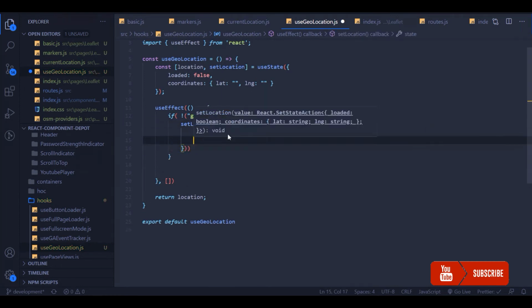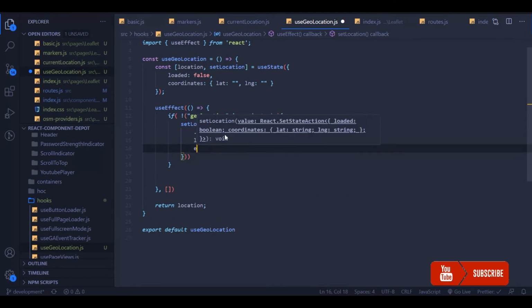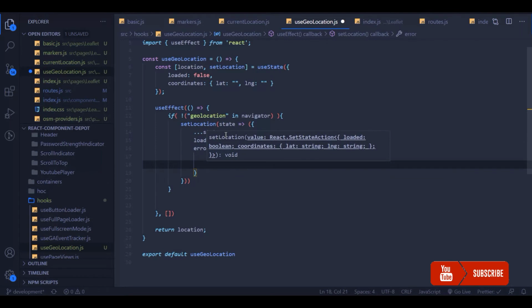If loaded is true and you see this error attribute, then there was some error getting the location. That is how we will understand whether the location was obtained or there was an error. Usually this is the format that we get from the geolocation API, a code and a message, so we'll maintain the same here.